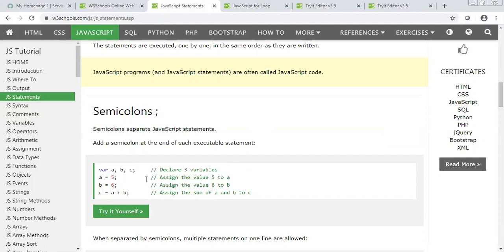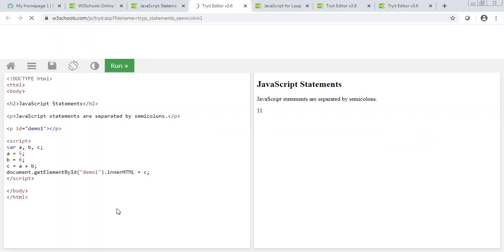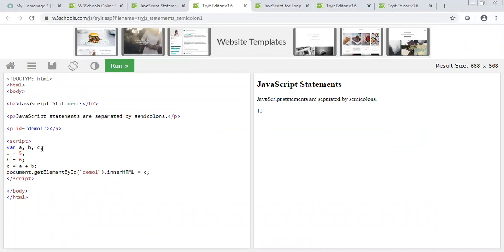So when you said logged in user, I can say var logged in user, comma, another variable, if there are three variables I need to define. It's good to go line by line, like var x is equal to some value, instead of doing it in one line, var A, B, C. The semicolon means this line is completed.